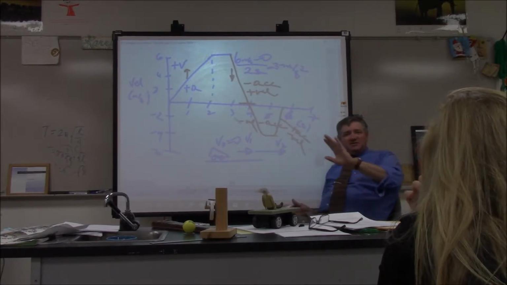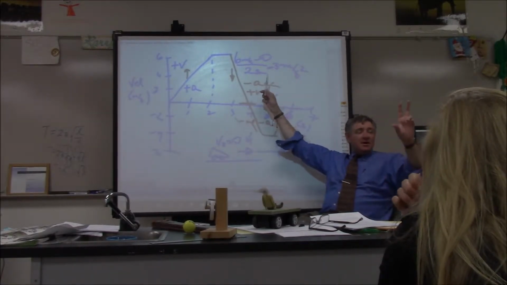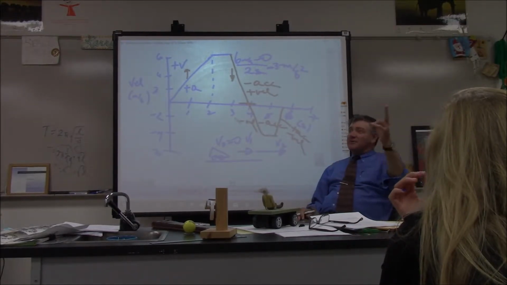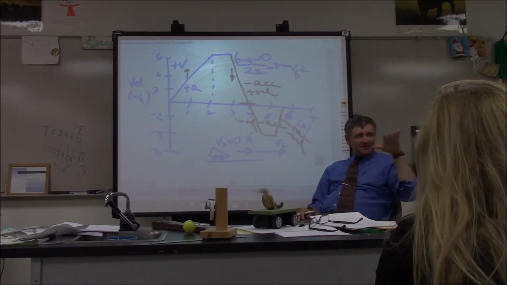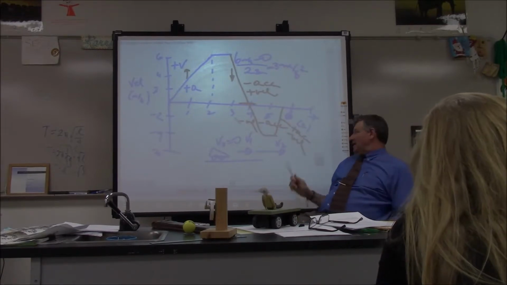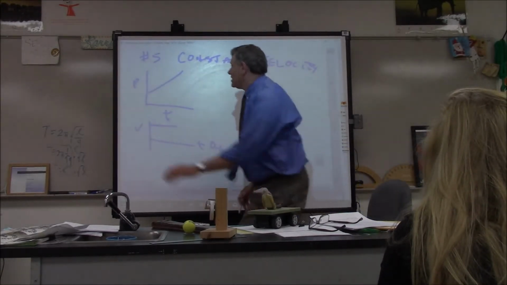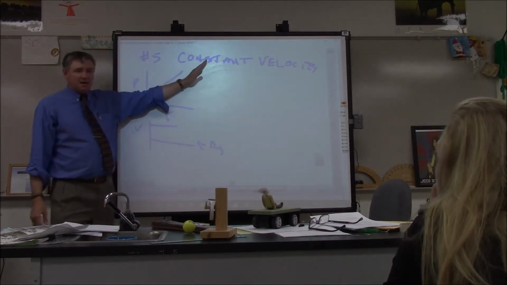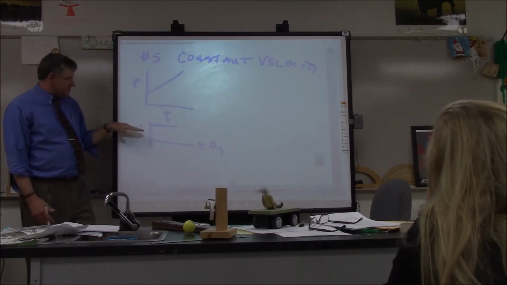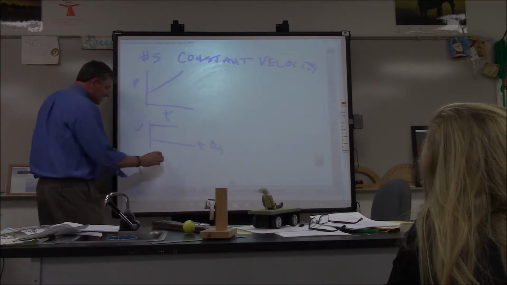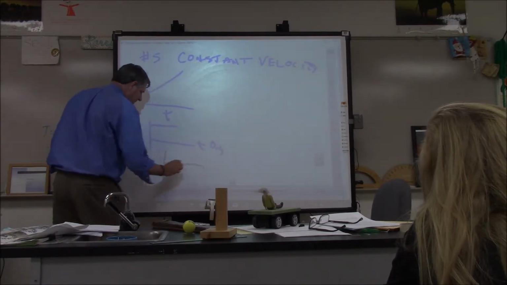But here's the deal. So again, only one of two things can happen here. You're either speeding up or you're slowing down, or you have constant velocity. That's it. Now, let's go back to what we were talking about here. If I've got a straight sloping line on a position time graph, that's shown as a horizontal line on the velocity time graph. Now, we haven't talked about this, but we will briefly.